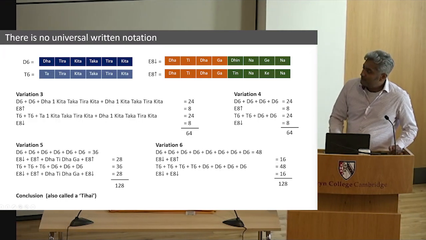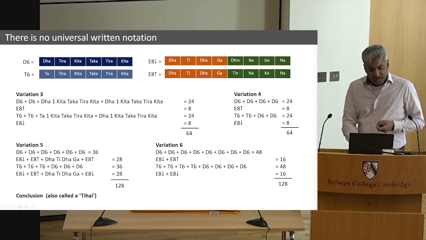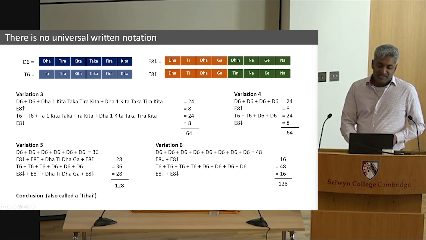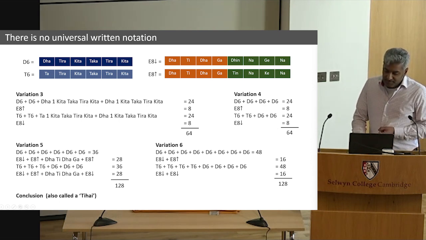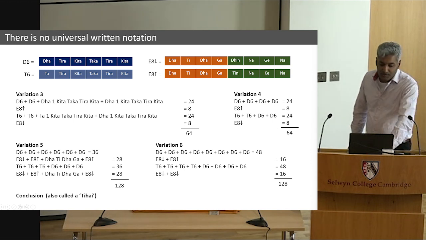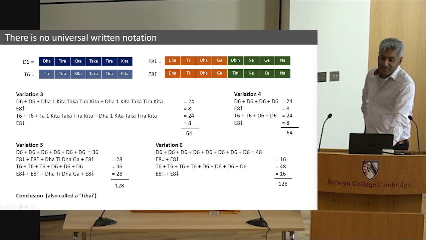So this was the way I was taught, where the phrasing dha tarikata takatarikata is a 6-beat phrase, and we just represent it with a mnemonic of D6 here. An emptiness would be ta tarikata takatarikata, represented with a mnemonic of T6. You could have an 8-beat phrase, dhati dhaga dhinna gena. Because there's a bass in there, there's the arrow that goes down. If you've got dhati dhaga tinna gena, the tin over here is not a dhin sound, so it lacks the bass. So you put the arrow up.